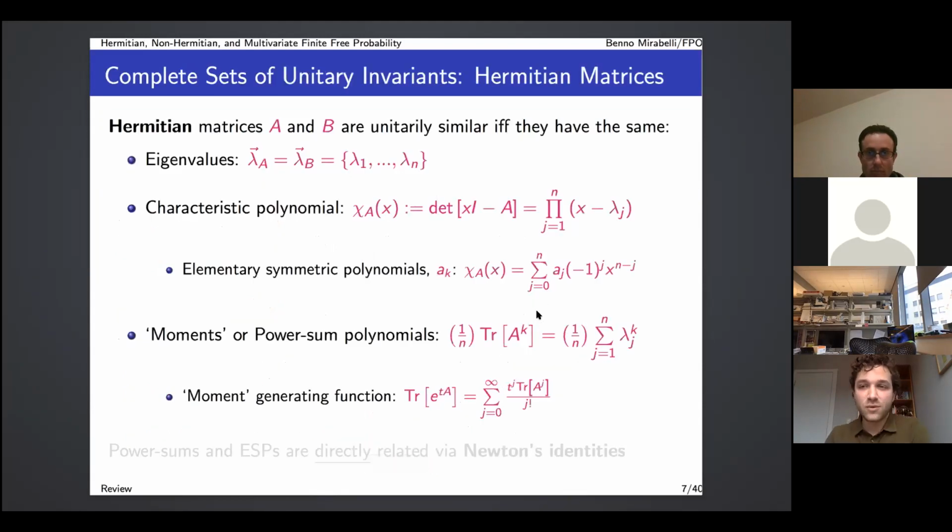So what that means, of course, is that any of these unitarily similar equivalence classes can be uniquely identified by the collection of eigenvalues of any matrix in that equivalence class. So if you're coming to this talk from a linear algebra background, you might think, oh, well, I know another way to store the information of those eigenvalues. I can store them as the roots of the characteristic polynomial.